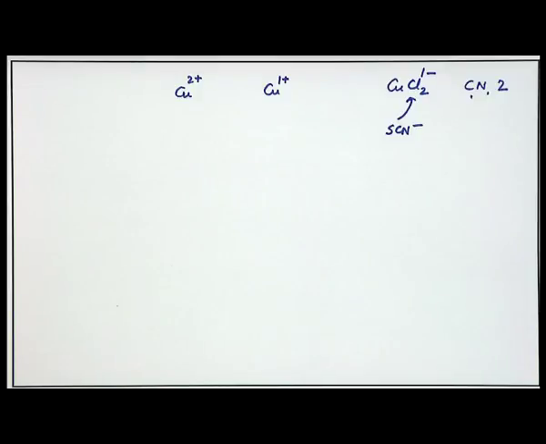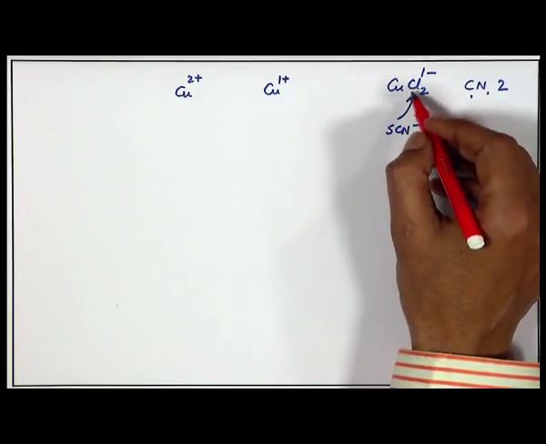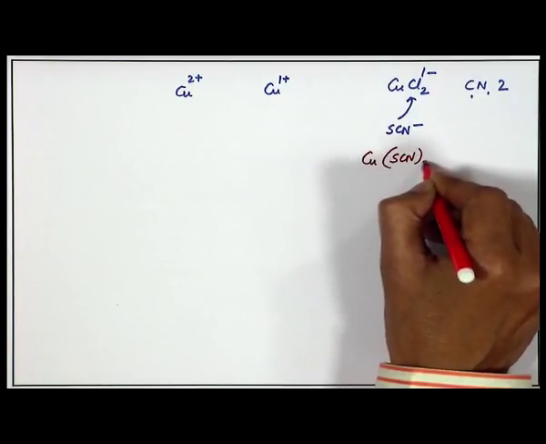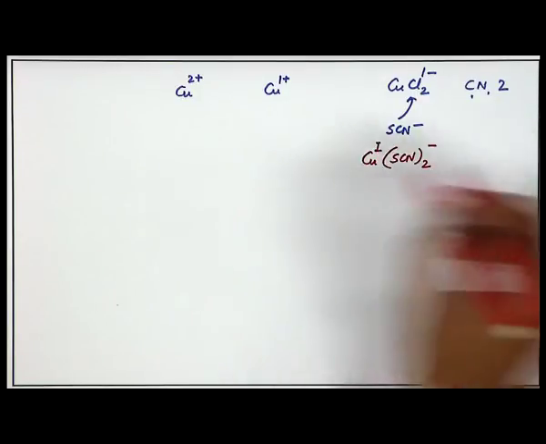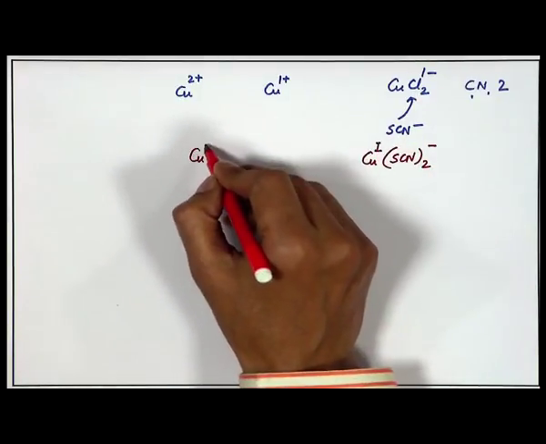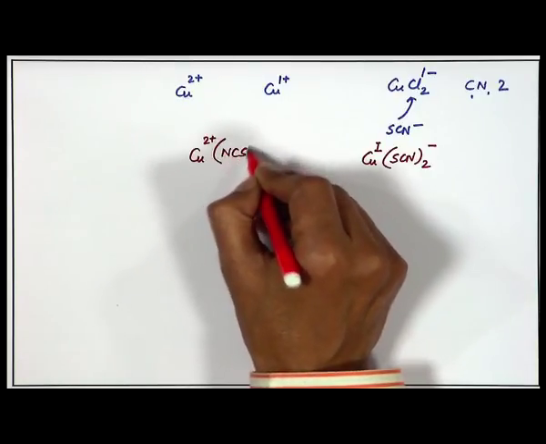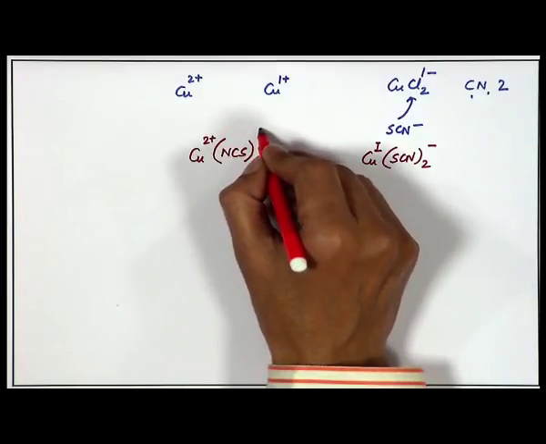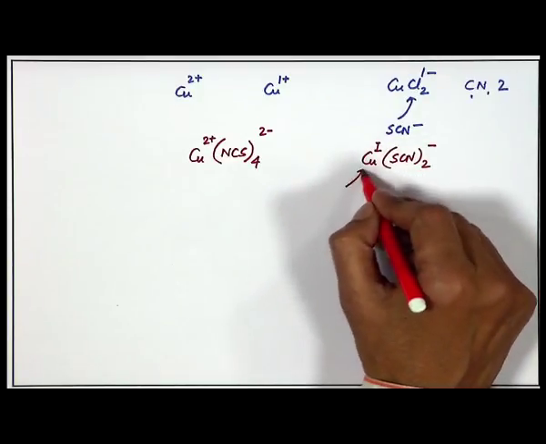So, the binding of these thiocyanate groups can lead us to some groups of this type. So, you can have Cu(SCN)2 minus if the copper is in plus 1 oxidation state. Similarly, if we go to copper 2 plus, we can write it as Cu(NCS)3 minus or 4 minus, which is having a charge of 4 minus. So, this is a little bit softer in nature.